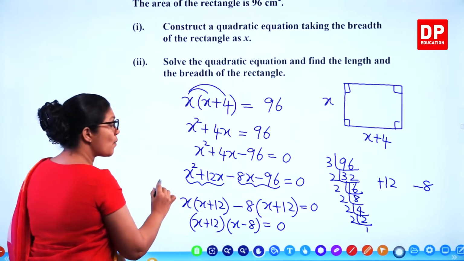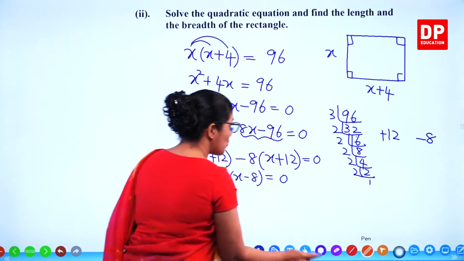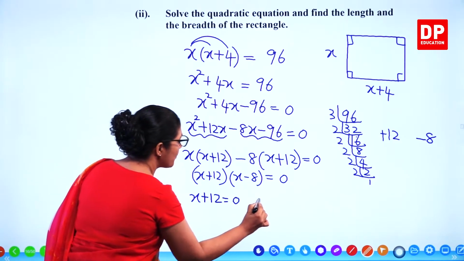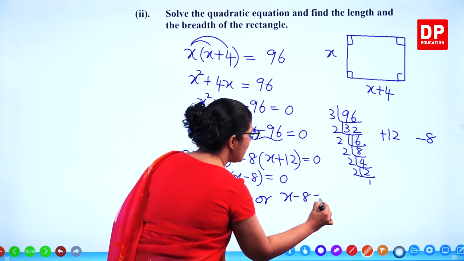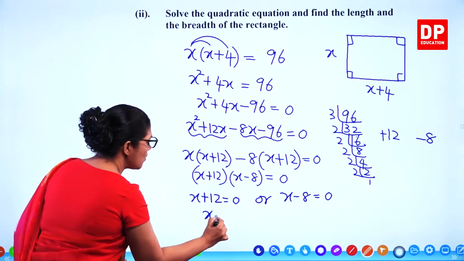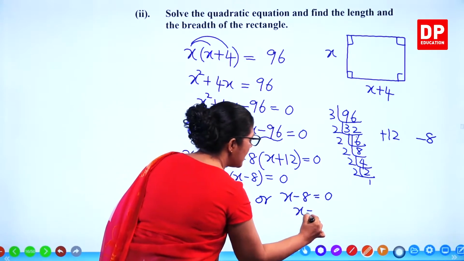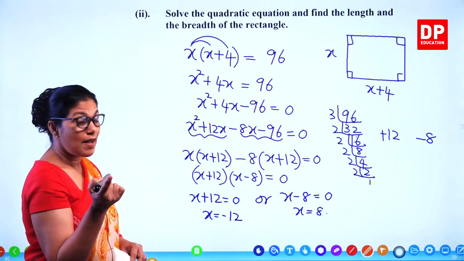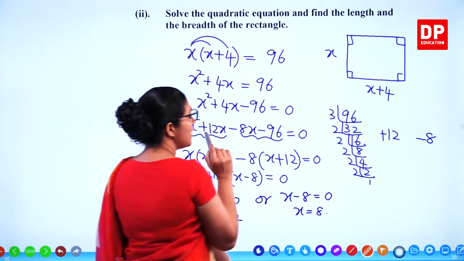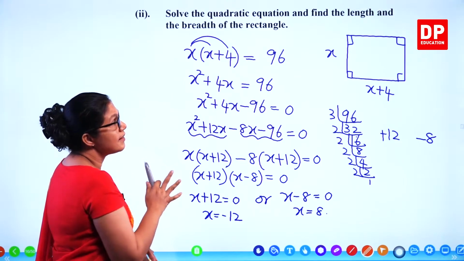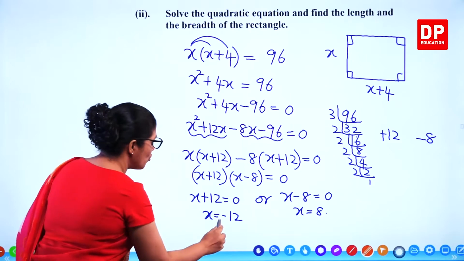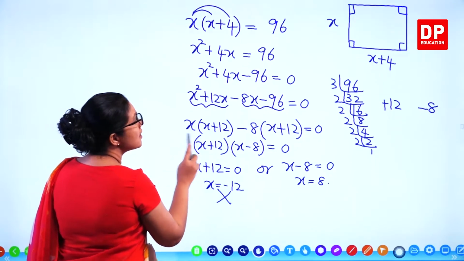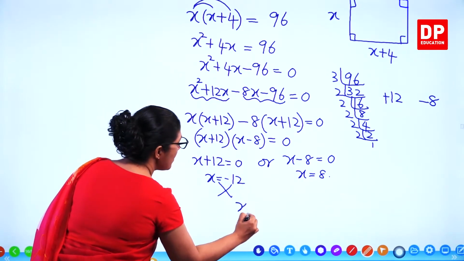The product is equal to 0. Product is equal to 0 means either x plus 12 is equal to 0 or x minus 8 equals 0. So, you get x equals minus 12 or x equals 8. Can you get a length as a negative number? You can't. So, you can't take minus 12. So, what's the breadth of that rectangle? X should be 8